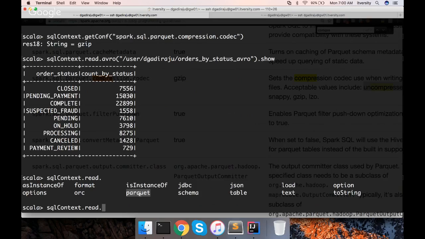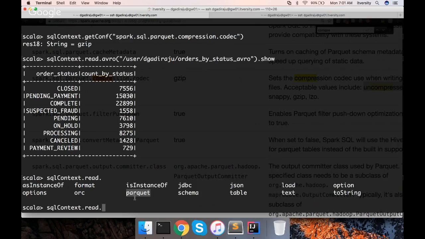Okay, and sometimes they might give input in the form of JSON, and you might have to preserve the output in the form of Avro, or they might give input in the form of Parquet, and they might want you to save the output in the form of JSON. You just need to distinguish your read pattern and write pattern, and you are good to go. Okay, it's pretty straightforward. In case they ask you to read it in Parquet format and write it in JSON, use SQL context.read.parquet to read the Parquet data. And once the data frame is created, use the dataframe.write.json to write it in JSON format.